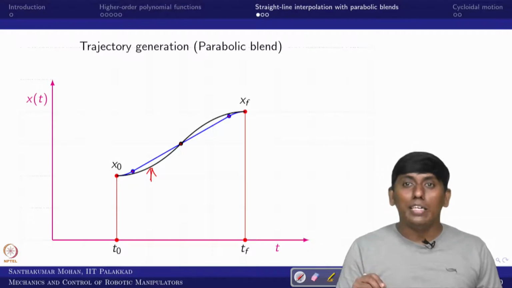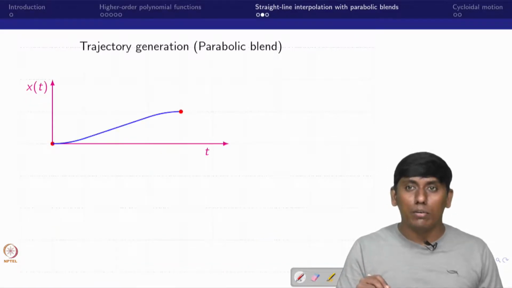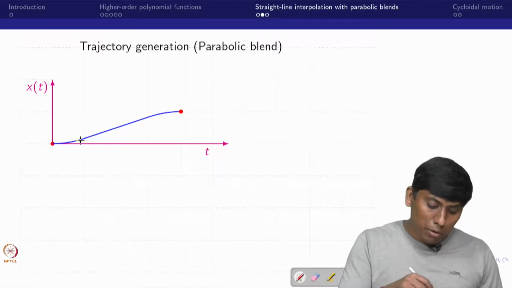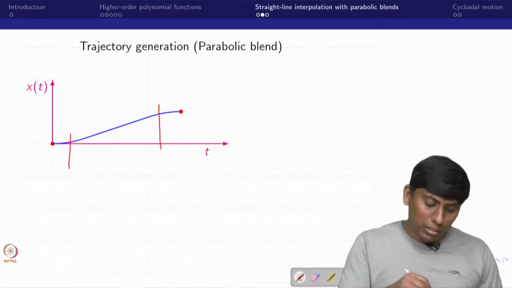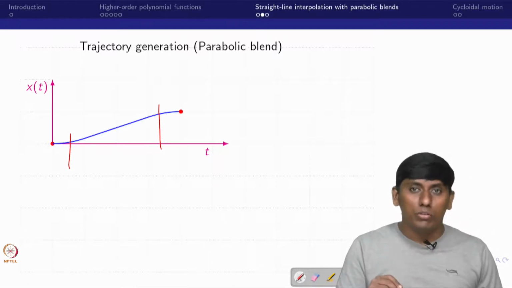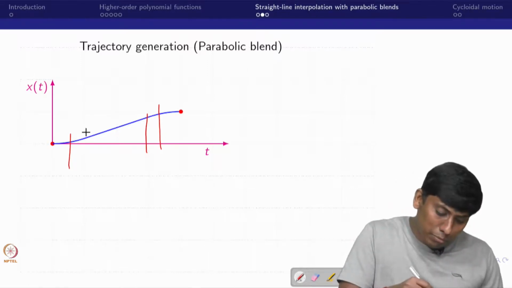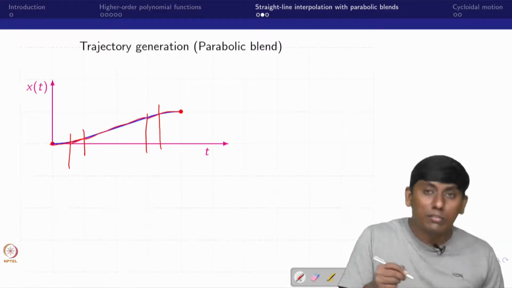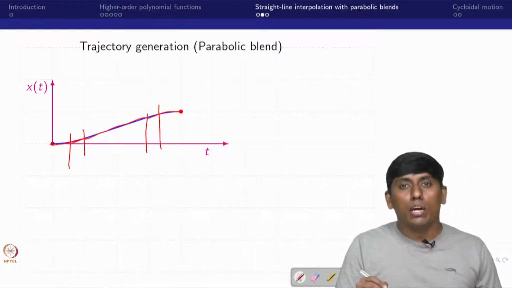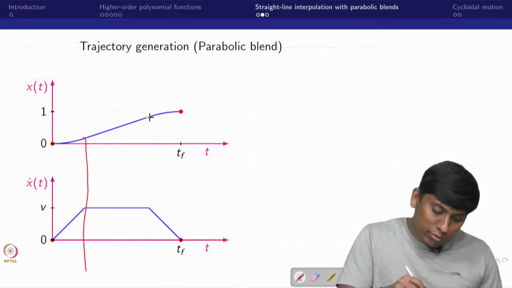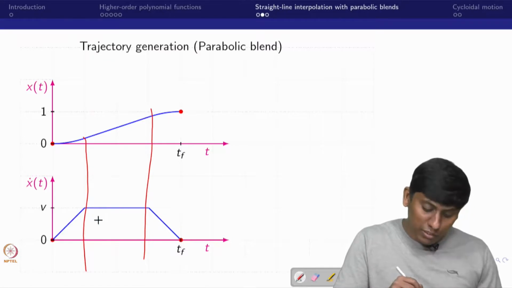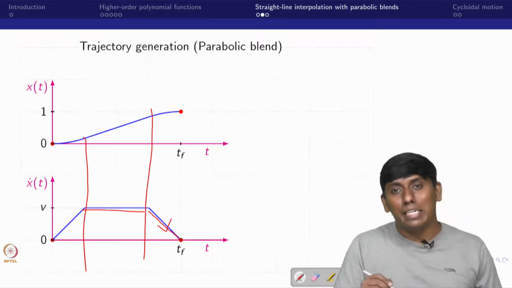Okay, so we'll see how the individual velocity and acceleration look. You can see this is the parabolic blend. This point has a blend, but in the middle it is a straight line. In this case it is probably 1 second. Till this it is smooth, then a straight line, and again a smooth curve. Now, how does the velocity look? Till this point it is uniformly increasing, then constant, then uniformly decelerating, or you can say decreasing.